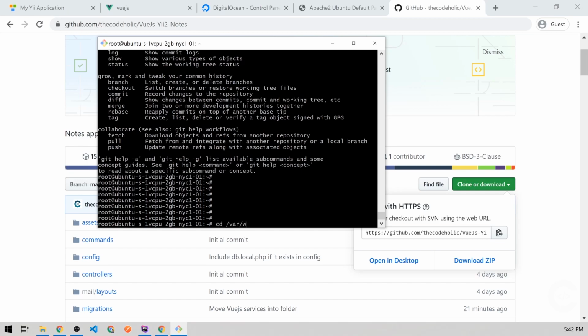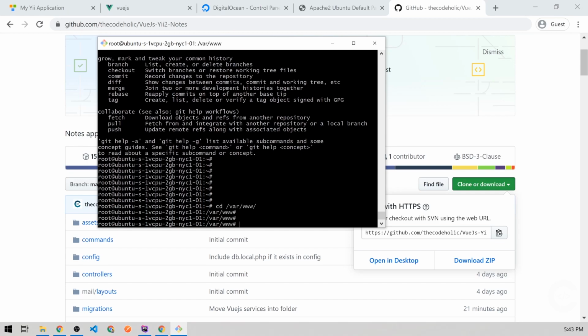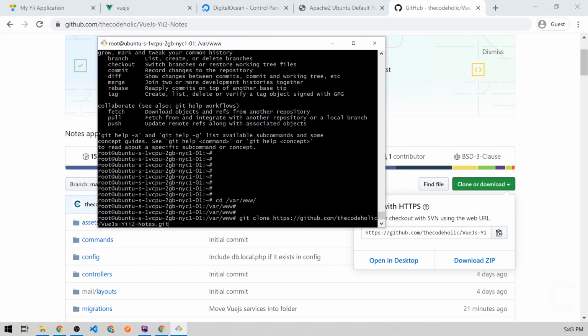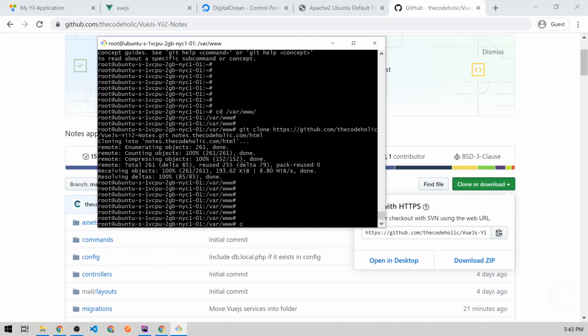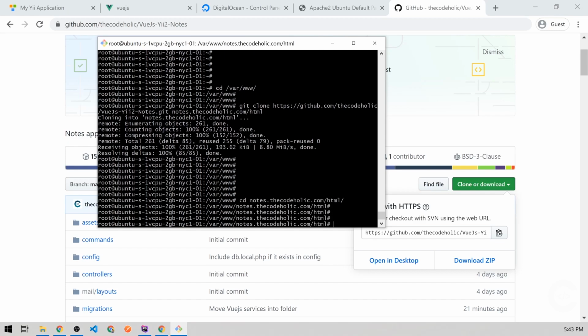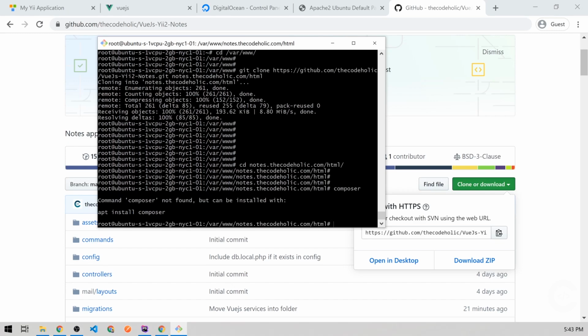Let's go to the /var/www folder, and right here I'm going to clone this and call the local folder nodes.thecodeholic.com. Actually, I'm going to do this inside the html folder. Just like this. So it was successfully cloned. Now we need to go to that nodes.thecodeholic.com html folder, and I'm going to run composer install, but I think we don't have composer,